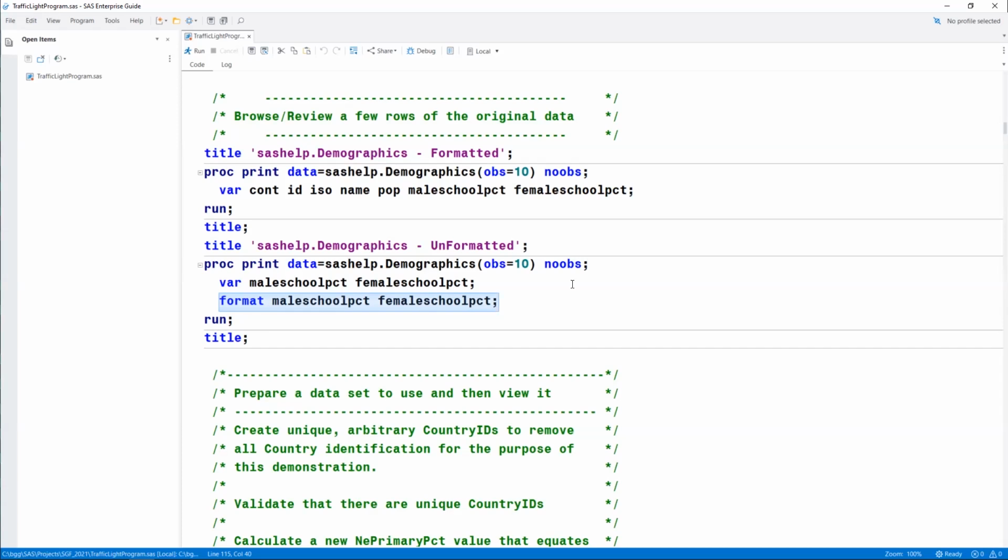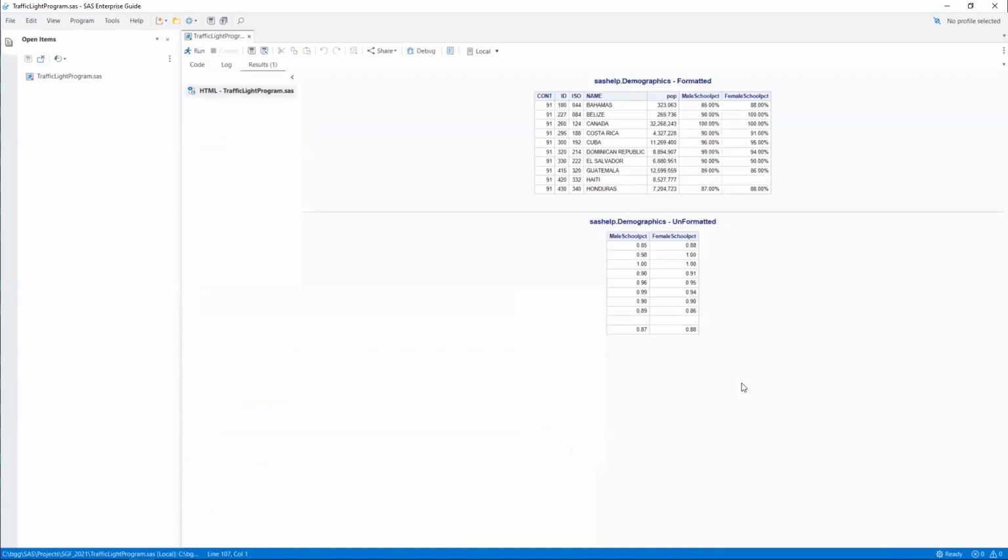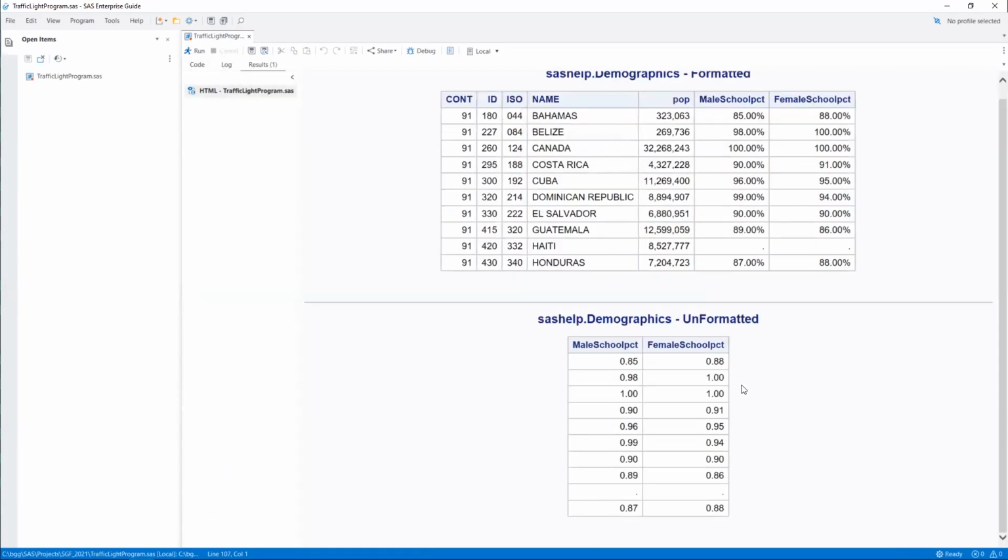I just put the names of the columns without a format on the format statement, and this actually will remove the format so we can see the underlying data in the data set without it being formatted. So let me run these two steps, and I'm just going to enlarge this a little bit so we can see it.